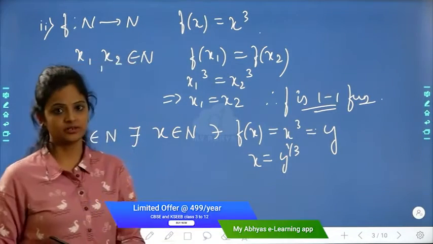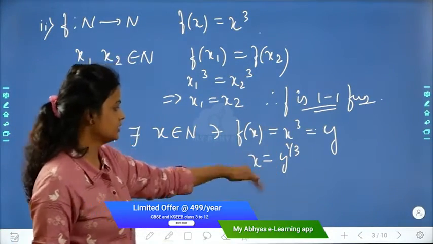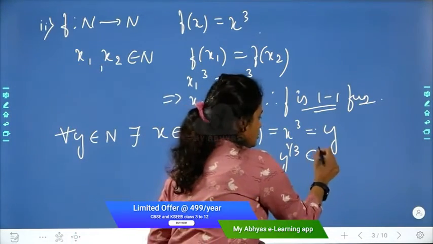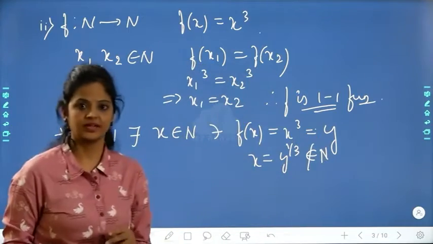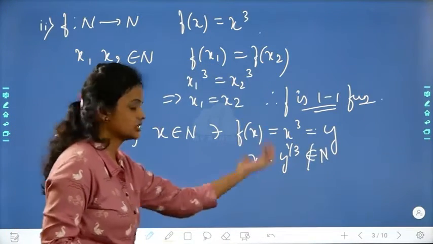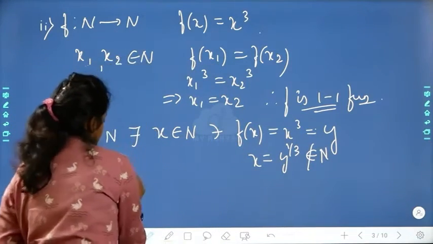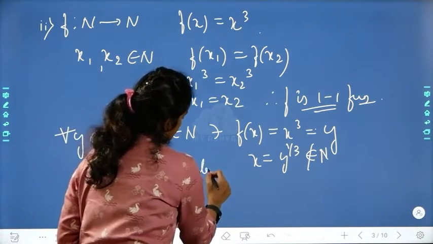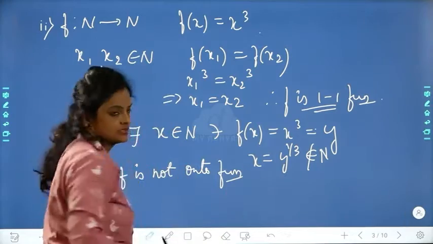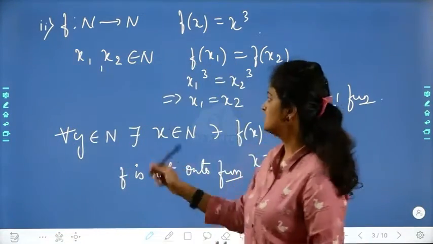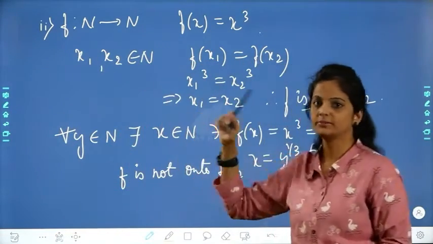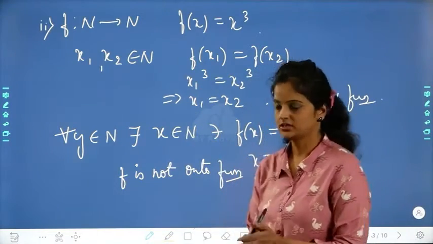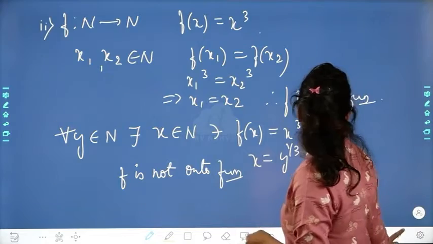Is it possible in natural numbers? Because y is a natural number here. So if I take any natural number, the cube root of that is coming. Right? So this does not belong to natural numbers. Any example also you can take, or generally you can do, because this is like disproving that f is an onto function. Is this clear? x cube, when you take, depends on the set also. When you take natural numbers, this won't be an onto function, but it will be a 1-1 function. Understood? Next problem.